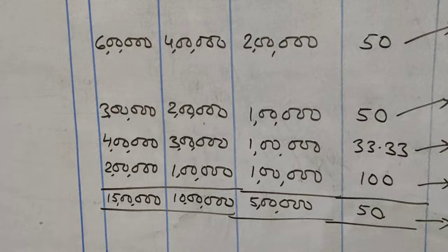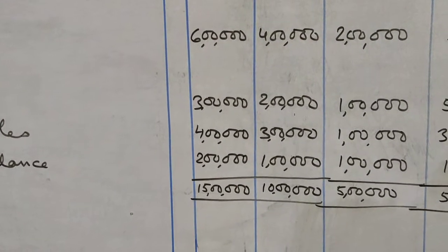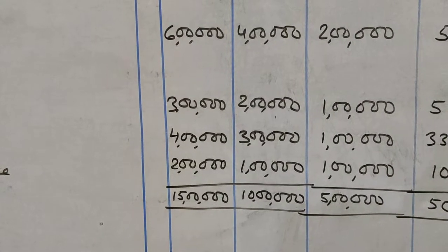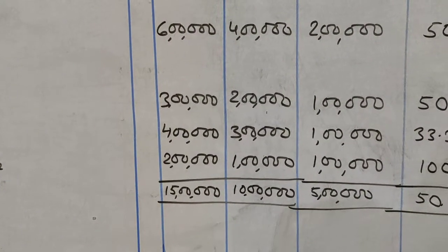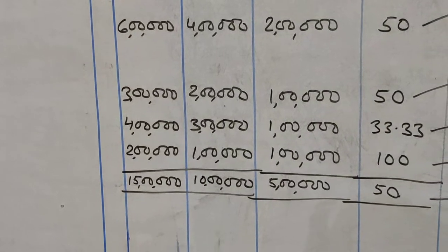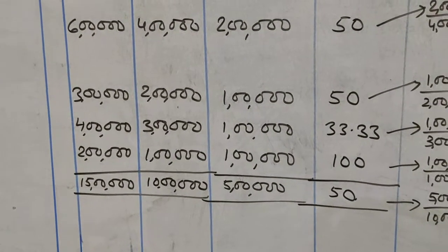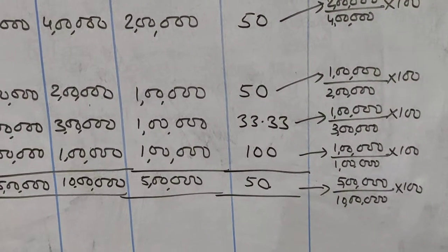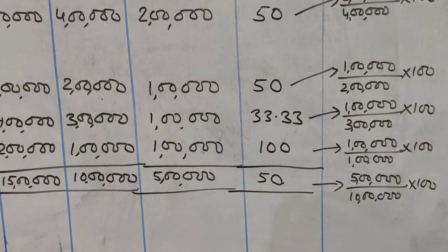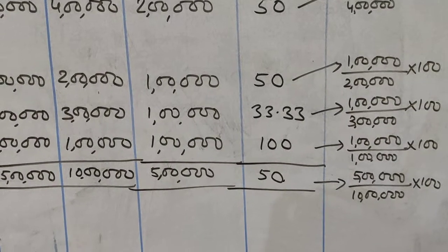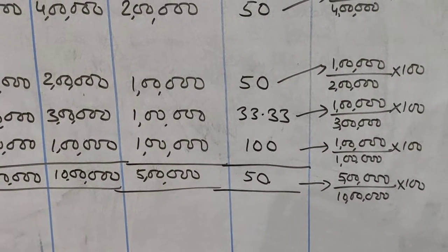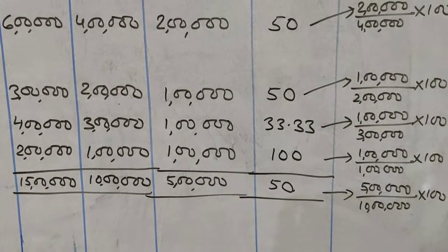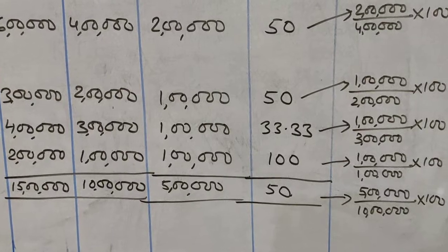And if you look at the total also, the assets total last year was 10 lakh and present year's value is 15 lakh. So how much is the absolute increase? 15 lakh minus 10 lakh, that is 5 lakh. So percentage increase will be 5 lakh divided by 10 lakh, that is the total of the assets of the previous year. 5 lakh divided by 10 lakh into 100, that is 50%. So this is how a comparative statement is prepared.